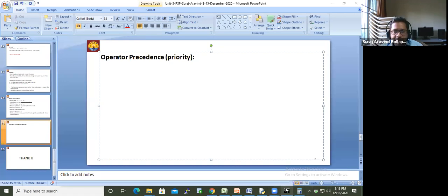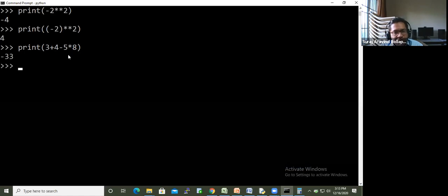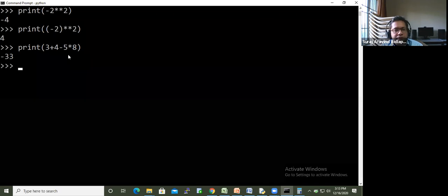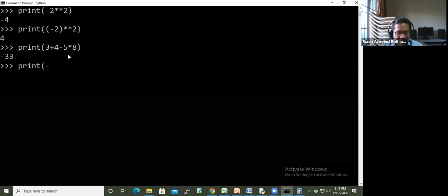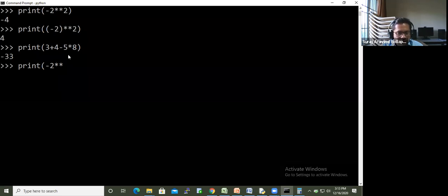So precedence means priority: which operation has to be performed first? We give a priority. So when I wrote minus 2 exponential 2 earlier,